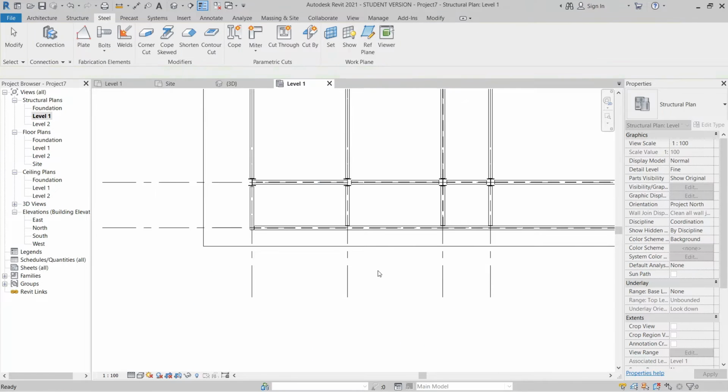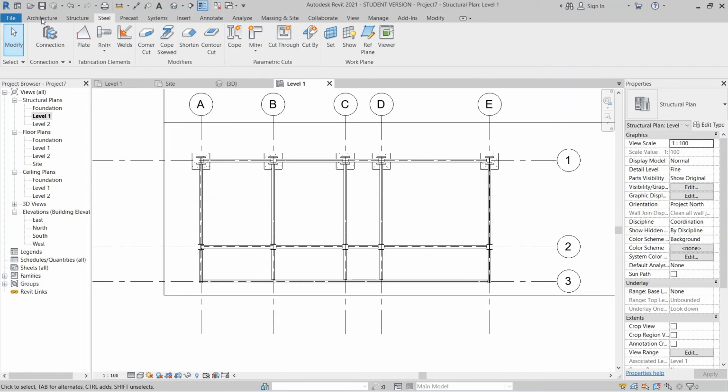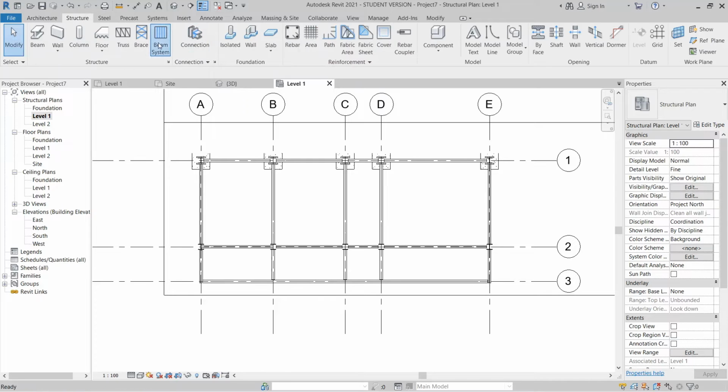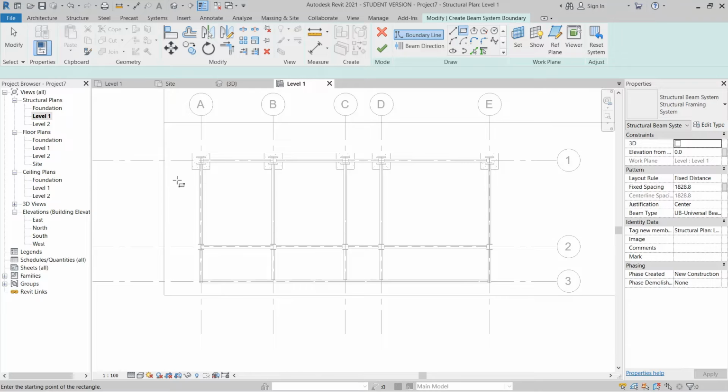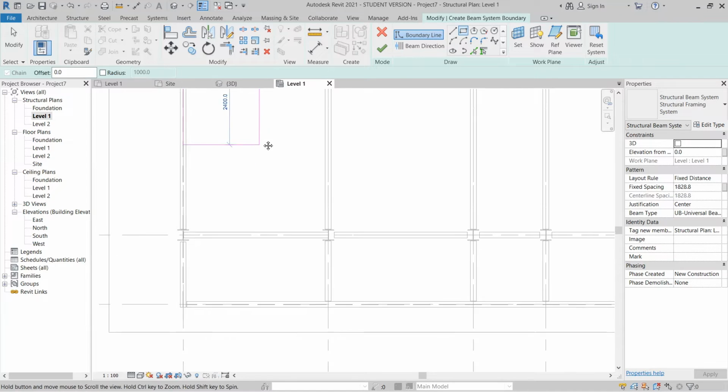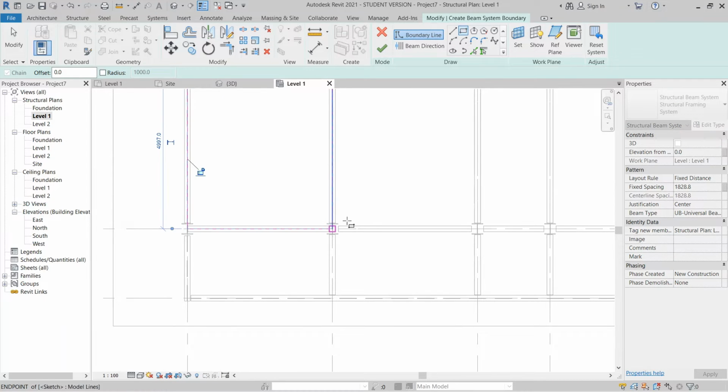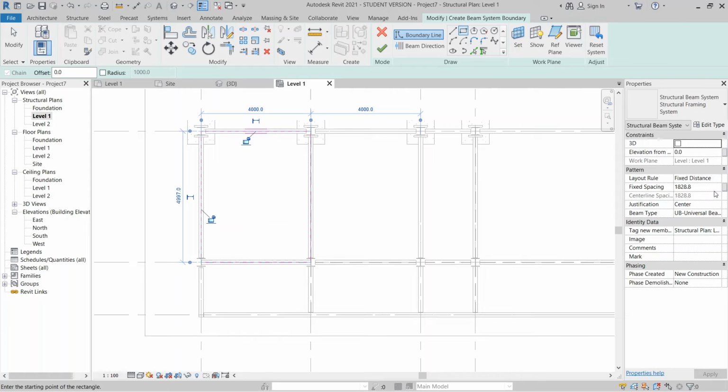Hit escape. It's time to add our beam system. Go to structure, beam system, start beam system from scratch here, rectangle, from this one until here. Then for this one, I change it to fixed number, and this one make it 4 only. I think just hit finish.